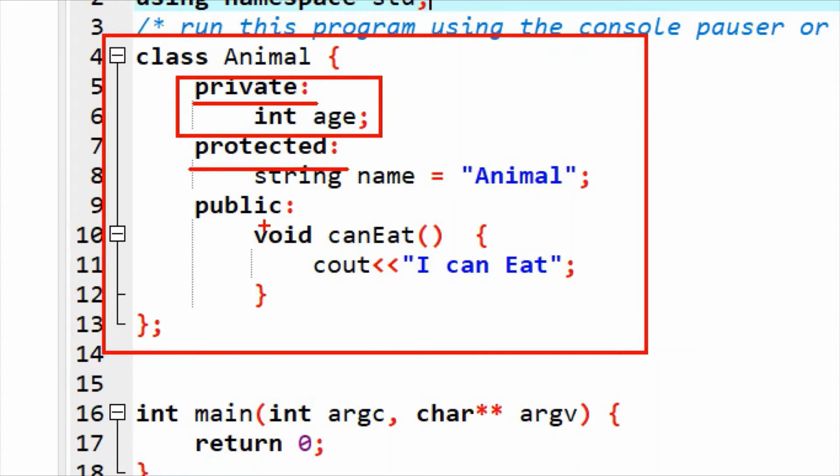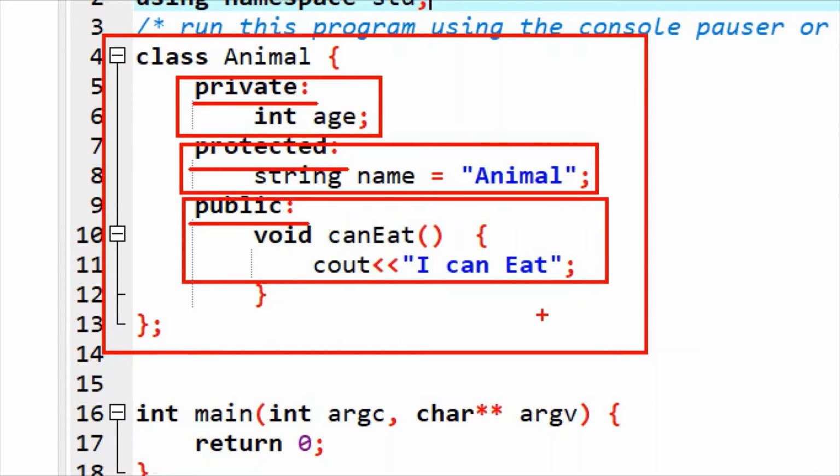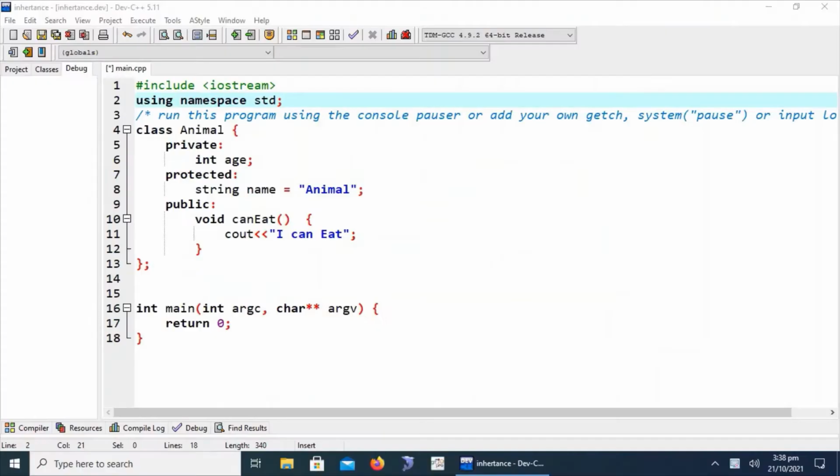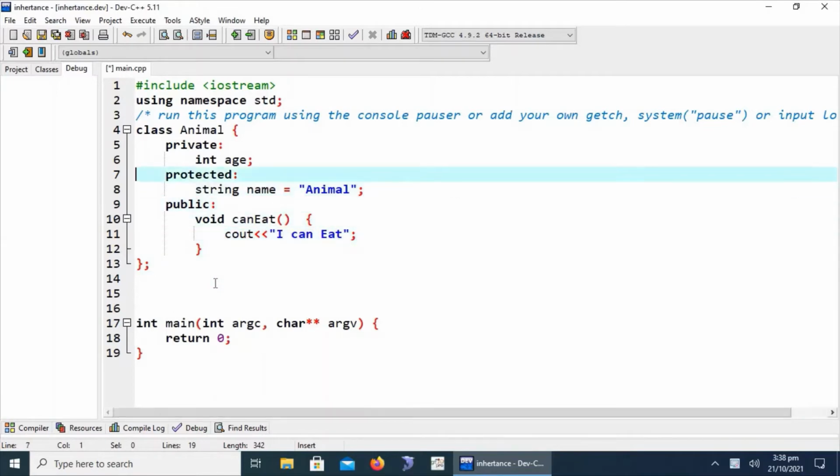Protected data members are accessible only in derived classes, not outside of the class, similar to private members, but these members can be accessed in derived or child classes. And finally we have defined the public data members or member functions. These can be accessed in all child classes, derived classes as well as outside of the class.